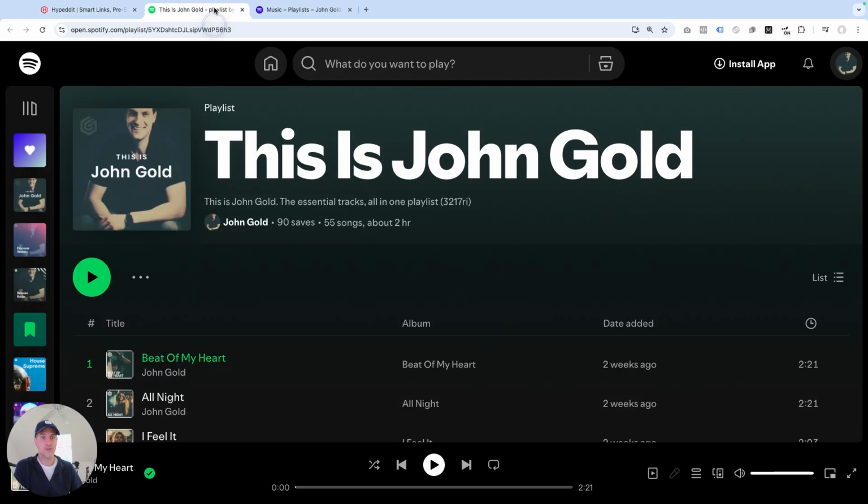And then I went into Spotify and created a copy of my This Is John Gold playlist. So this is not my main playlist that I usually feed with my campaigns. This was a blank copy. No fans, no listeners, no streams. And I copied everything of my John Gold playlist, the cover art, the title. The only thing I did is I added the ID of the ad campaign here at the end of this playlist. And I did that so that I was able to identify that this is the playlist I'm using for